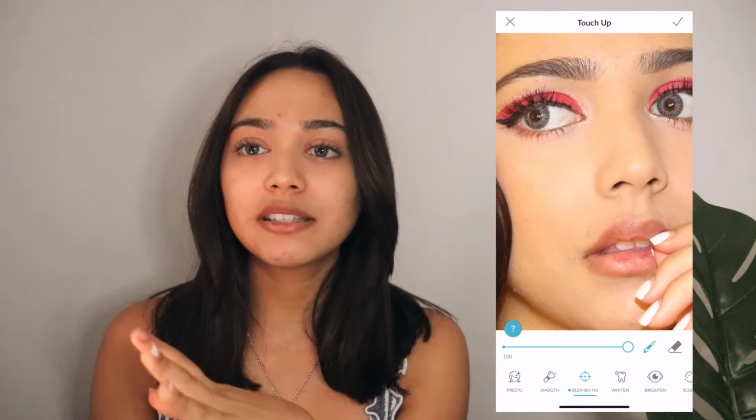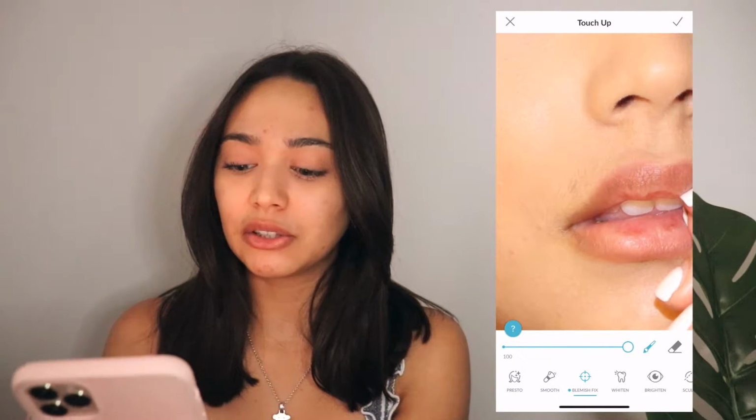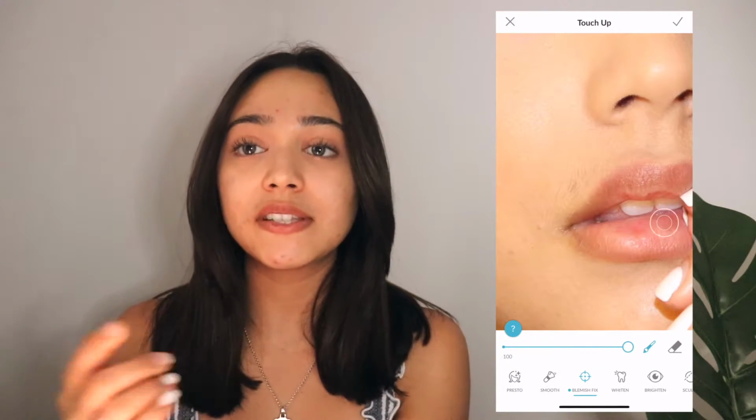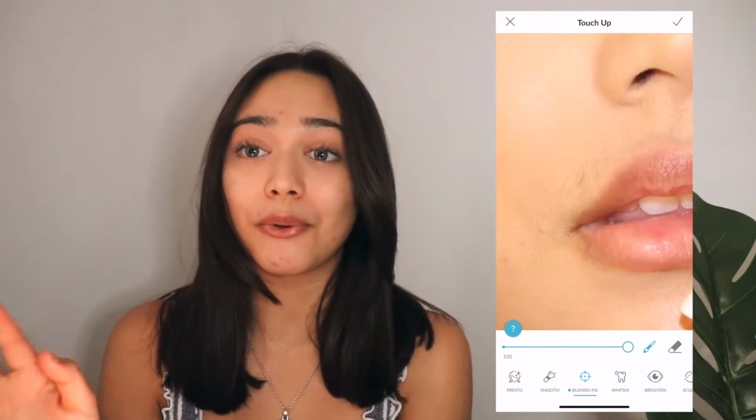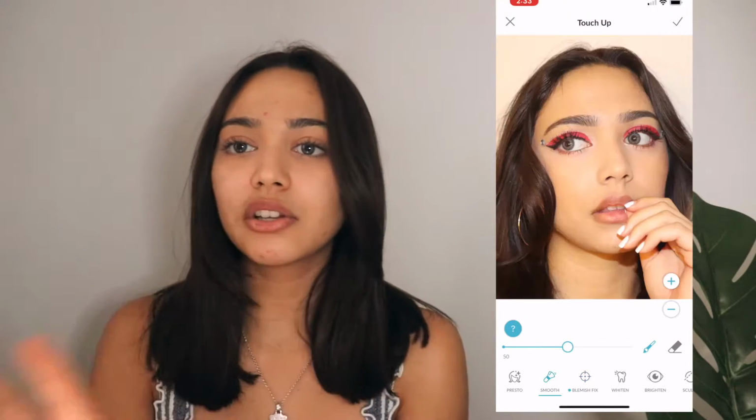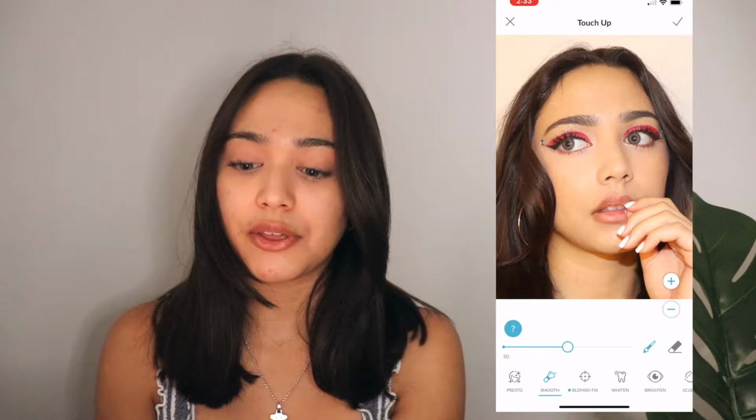And then I have this tendency of biting my lower lip. It's a really bad habit that I have to get over, so my lips are always chapped and always dry, so I always like to pick at the dry skin. So I like to blur that out a little bit so that it doesn't look as damaged. And then as you can see, I have to wax my mustache as well, so I'm gonna blur that out too. And then I just look at the picture overall, see if I need to fix anything else with my